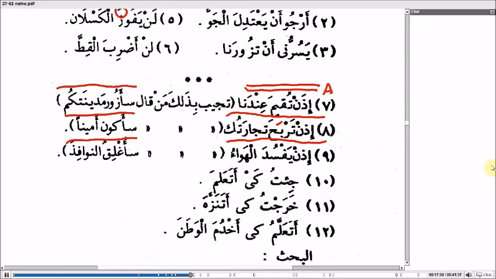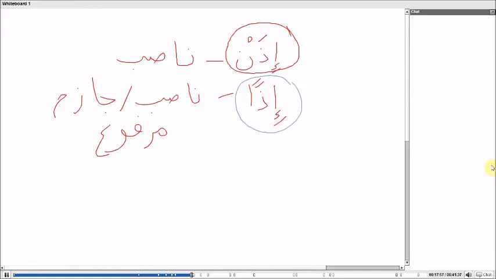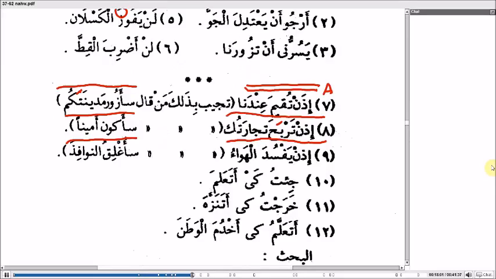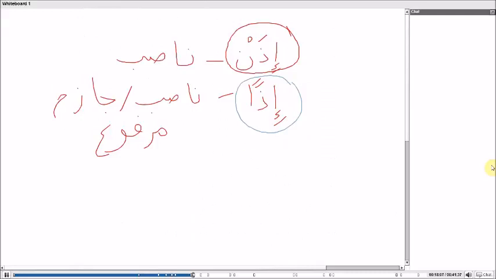Sa'azuru madinatakum, right? Madinatakum, because what am I visiting? I'm visiting your city. Mansoob, maf'ulun bih. So, for instance, Sa'azuru madinatakum. Here, he said, idhin tuqima indana. But if he said, idhin